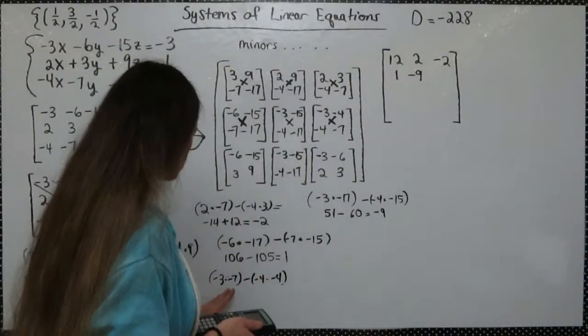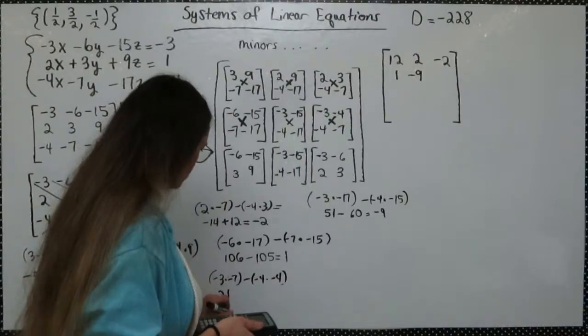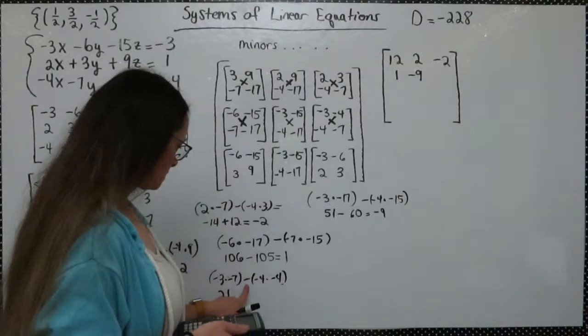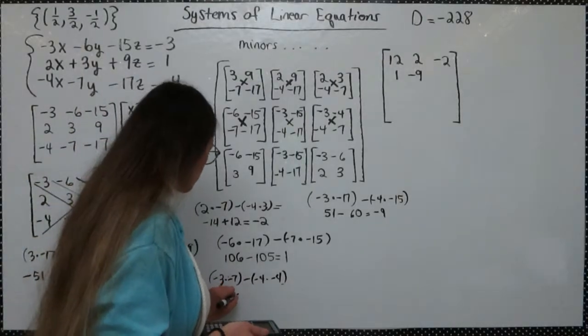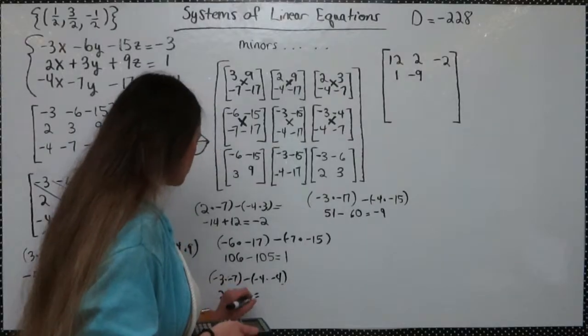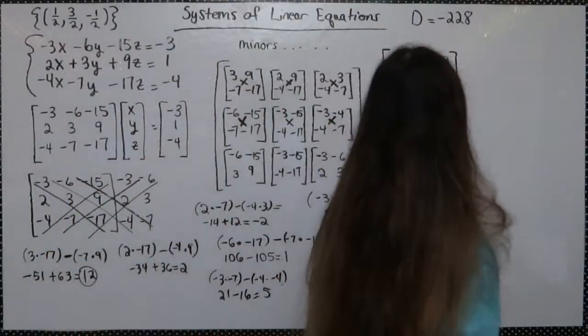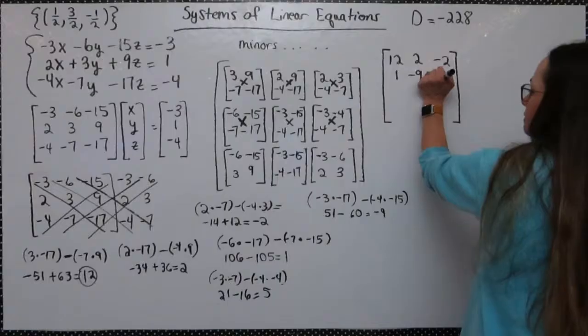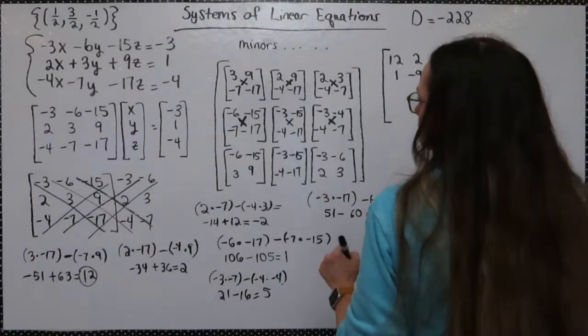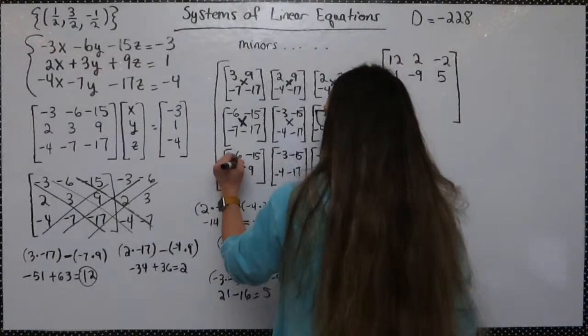So we've got 21 positive, 16 positive, and then the negative is going to bring it back negative. Was that 5? All right, so we got 9. Let's see,